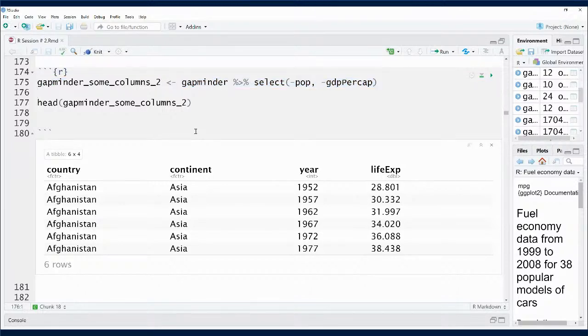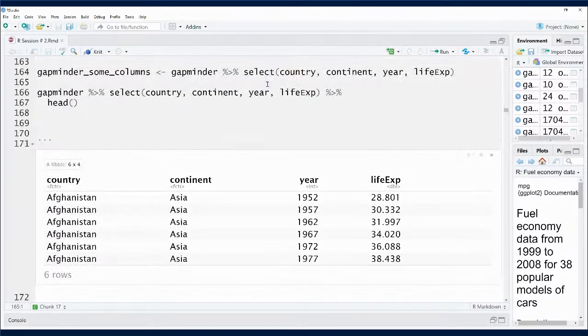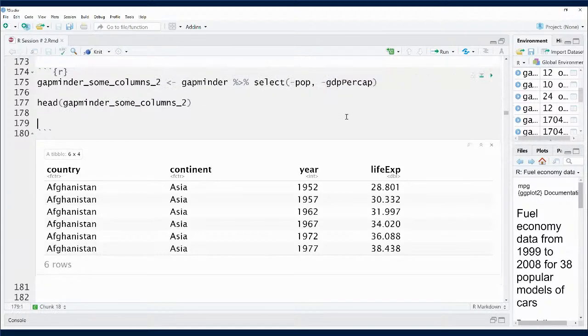Okay, in the same way, we can use the select operator in an opposite way as well, right? In the previous code, I explicitly wrote the names of the columns which I'm interested in, right? So I can reverse this logic. For example, there are hundreds of columns. I'm interested in all of them, and I'm not interested in two of them, right? So I can use the same code, but